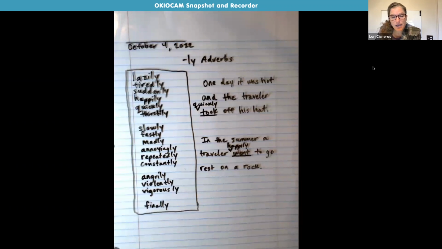Okay, and then you're going to find somebody in your house that's older than you to read your story and to be an editor of your story. So it needs to be somebody older than you that knows a little bit about writing. Could be your mom or dad or grandma, but it could be an older brother or sister or cousin or somebody else. And have them read your story.